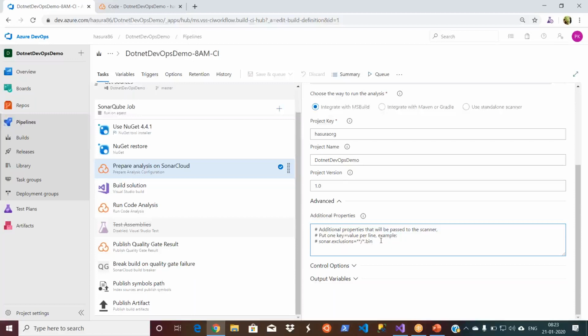If you want to exclude, this is how it looks: sonar.exclusions, and then you give the path. You get all this information from the SonarQube website itself.